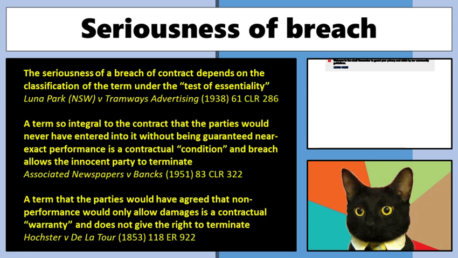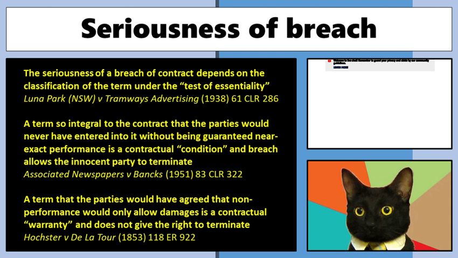What we care about is what we call the quantum, the amount that we're able to get from the other side. Okay. And so in order to calculate this, we actually have to determine what kind of breach has happened. Because this goes back to the seriousness of the breach of contract. Because again, the courts are not the destroyer of bargains. If there is a contract, I'm buying this boat off Jane and paying $10,000, and we've swapped the $10,000, I've got the boat, and it turns out that it's got a big hole in the bottom and it can't float.